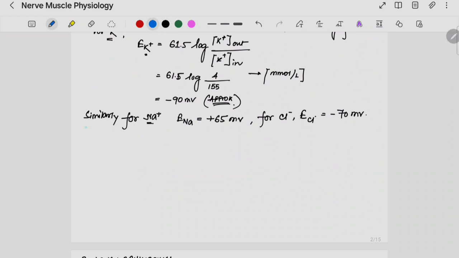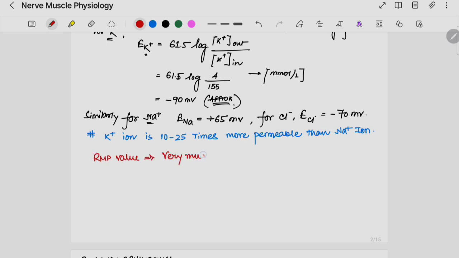Potassium ion is 10 to 25 times more permeable than sodium ion, and that resultant RMP value